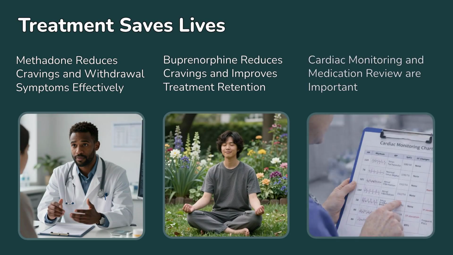Medication for opioid use disorder is evidence-based treatment that reduces cravings, prevents withdrawal, and lowers the risk of overdose. Methadone is a long-acting, full opioid agonist that stabilizes patients by activating opioid receptors in a controlled way. It is dispensed through regulated treatment programs and is typically given once daily due to its long half-life. Nurses must monitor for respiratory depression and QT interval prolongation. When used appropriately, methadone reduces mortality and is safe during pregnancy.